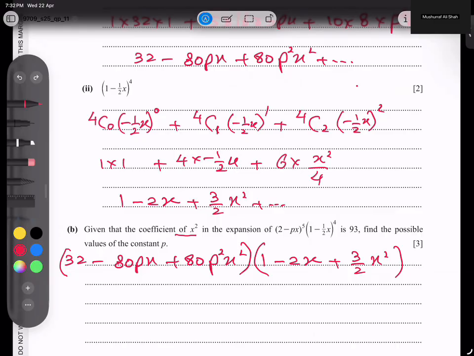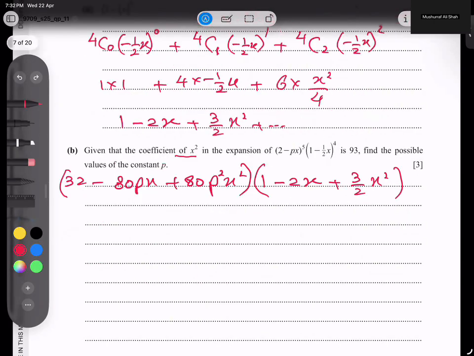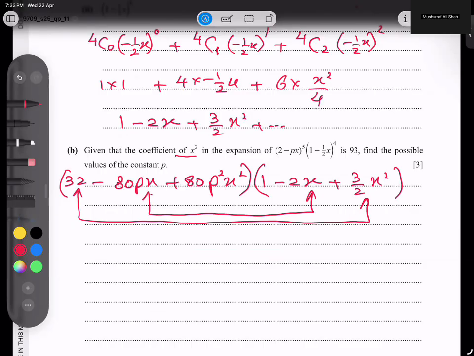So we can write directly, no problem at all, but how to get x square? So common sense: this 32, if multiplied with this term, I get an x square term involved. And this x multiplied with x, I'll get x square once again. And this term multiplied with this. So we have to multiply this way. So simple, right? No need to find all 9 terms. Just write the terms involving